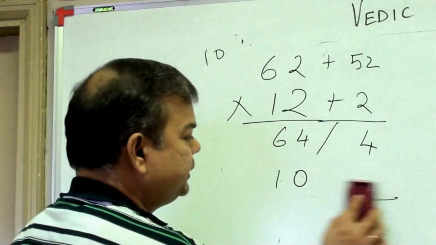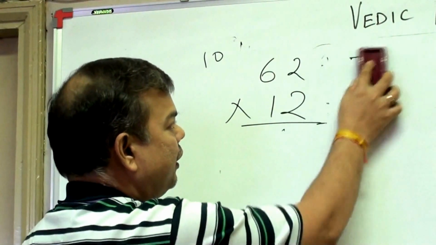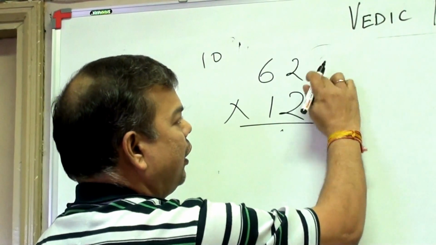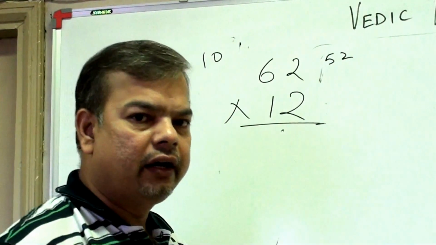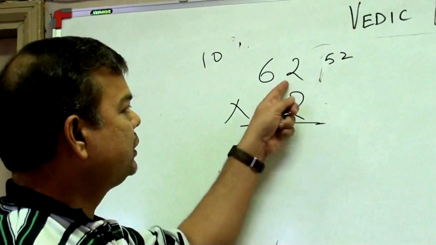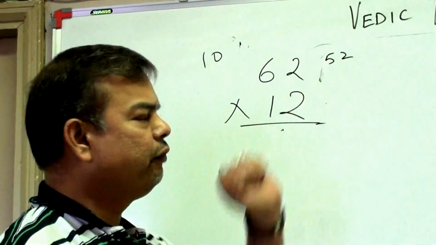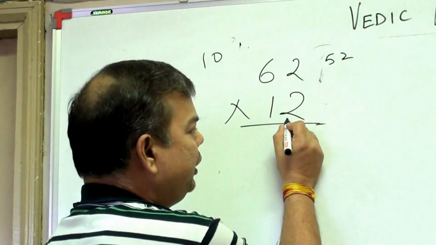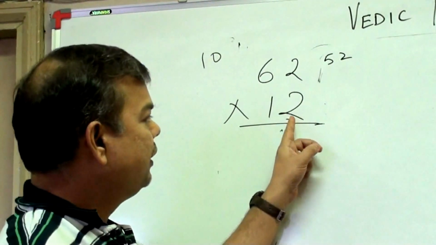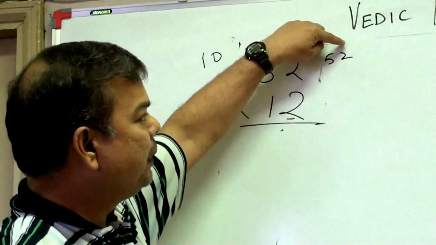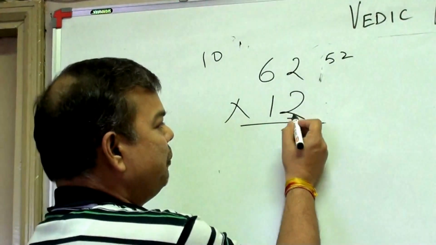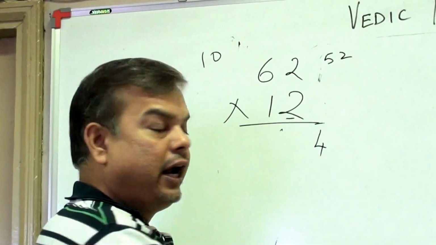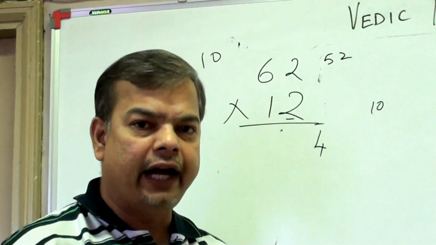In this case, instead of writing all this, we will simply write 52 for the sake of easiness, because 62 is 52 more than 10, so I simply wrote 52 here. Now I know that when the base is 10, I only multiply the unit number. Now in this case, this 2 is going to get multiplied with this 52. So I will multiply 2 with 52. So I get 104. So I will simply write 4 and 10 I will keep here as a carried forward.